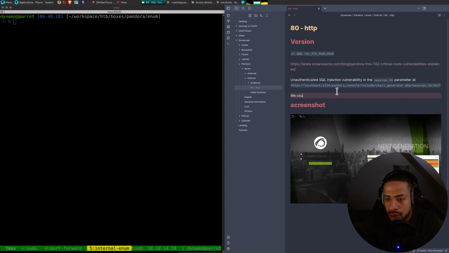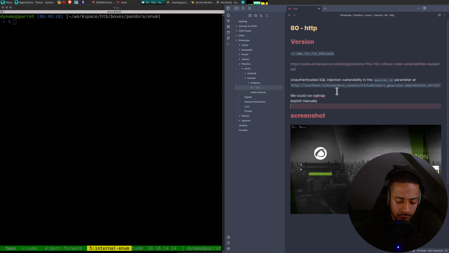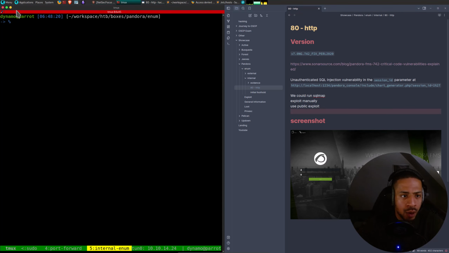We could run sqlmap, exploit manually, or use a public exploit. Okay, I will show you how I would go about exploiting this with sqlmap, but I won't do it now.